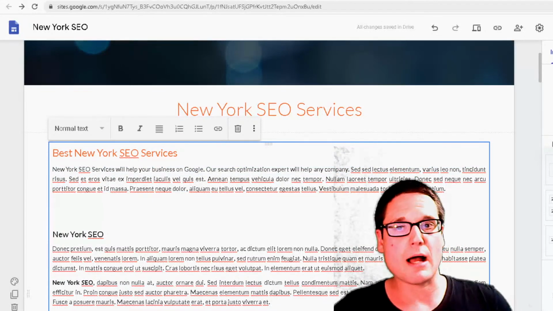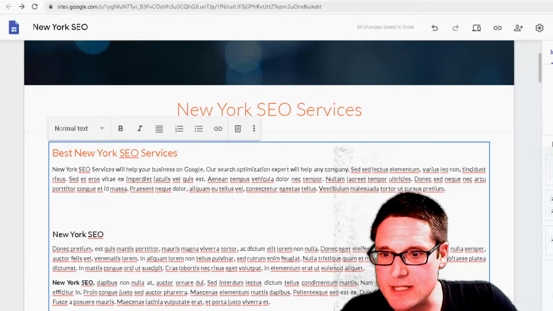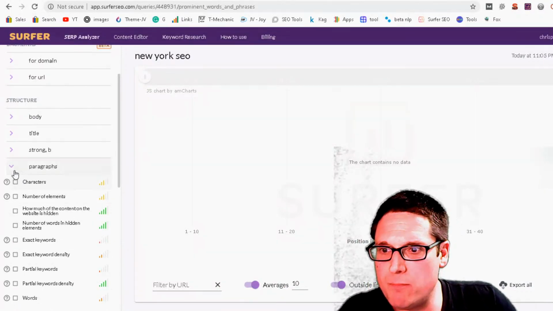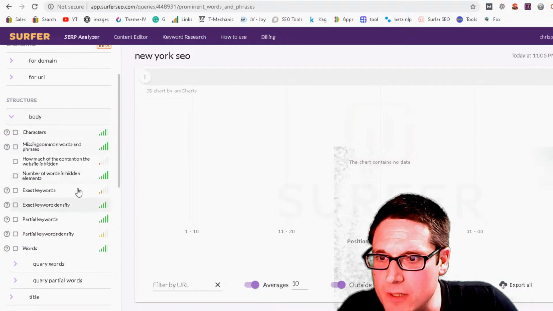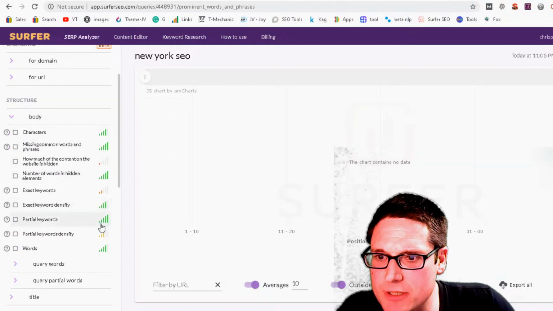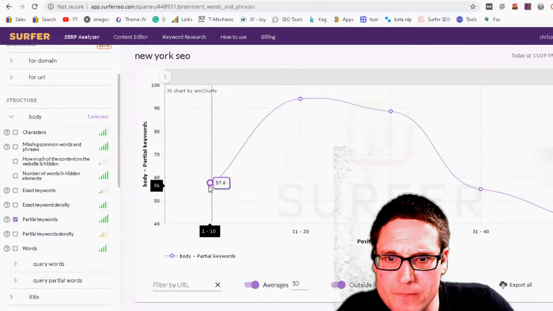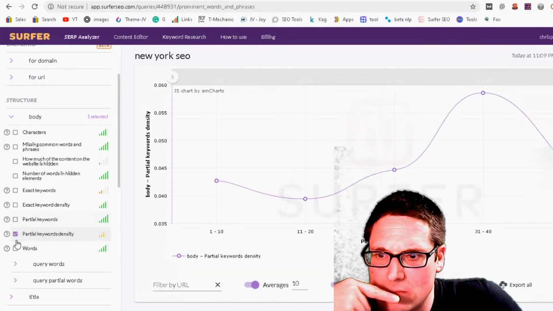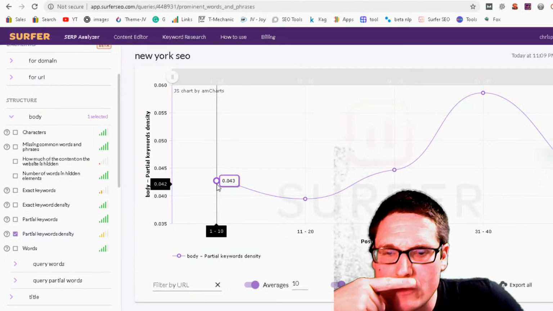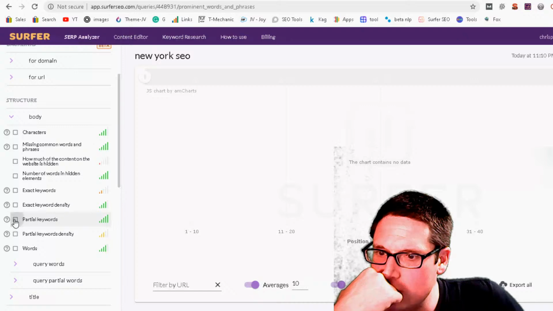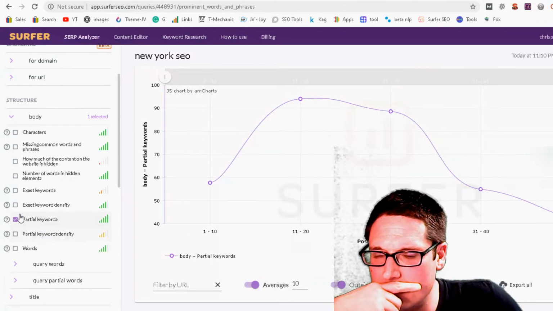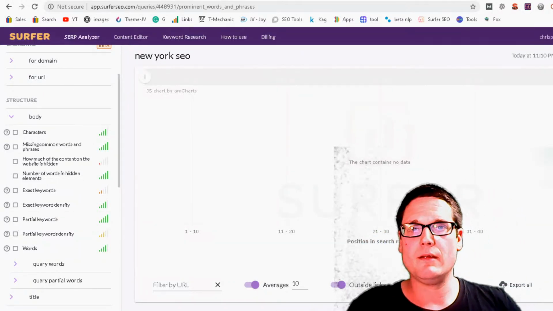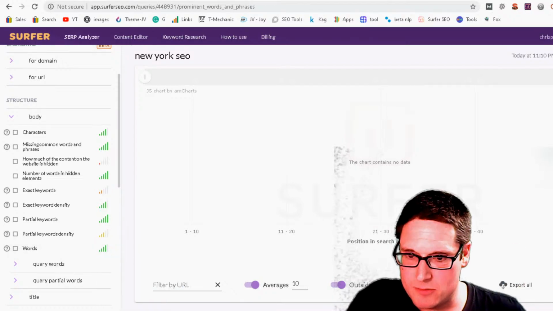So that part's optimized. Now I need to go in and I need to see, okay, within my body content, we need to get a count of partials. So we're going to go to body, and then we need to come up with a determination of partial keywords. So 57, okay. All right, so half of them. So 57 of a partial keyword. So 57. All right, so 57 is our number, is what we're going to try to hit